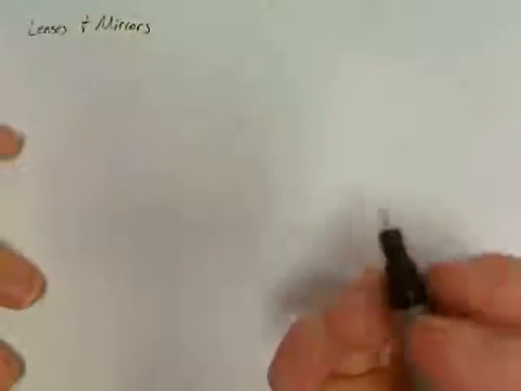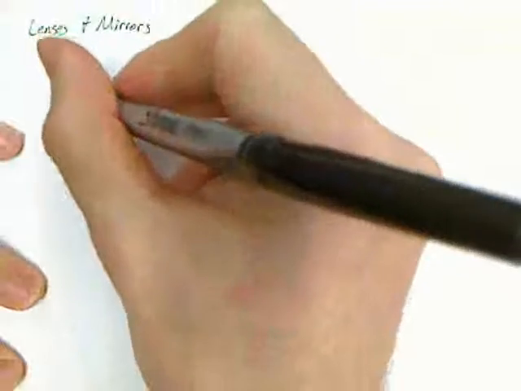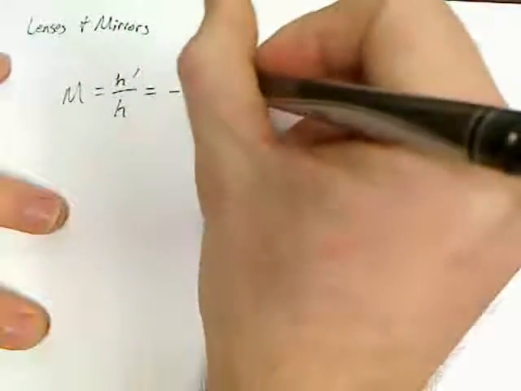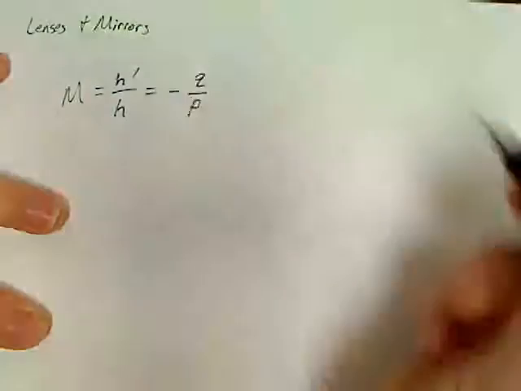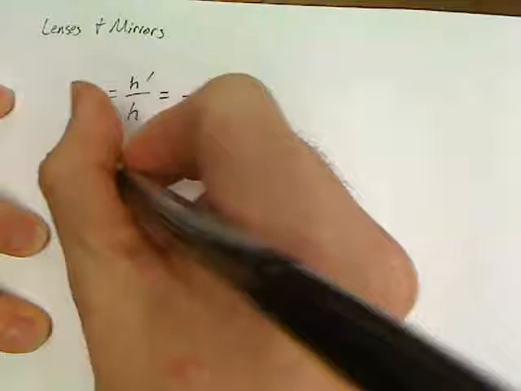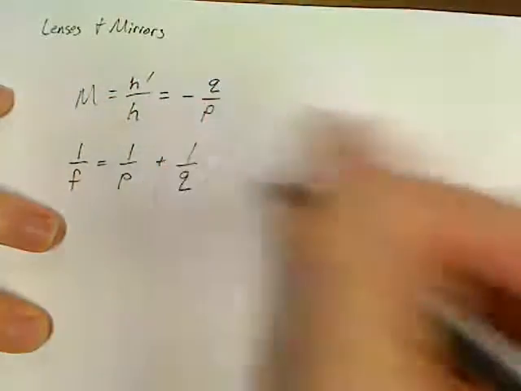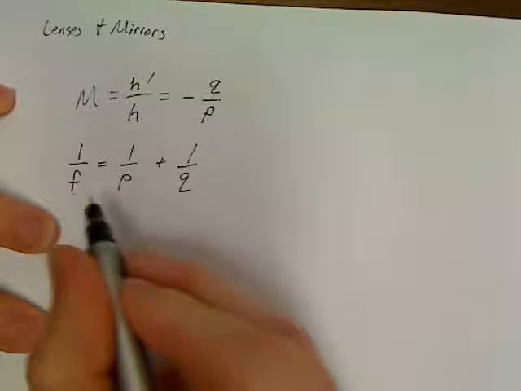Alright, if we're going to talk about lenses and mirrors, let's start off with a little bit of a lens and mirror primer here. We already know the two equations: M is equal to H prime over H, and it is also equal to negative Q over P, and 1 over F equals 1 over P plus 1 over Q, where F is your focal length,